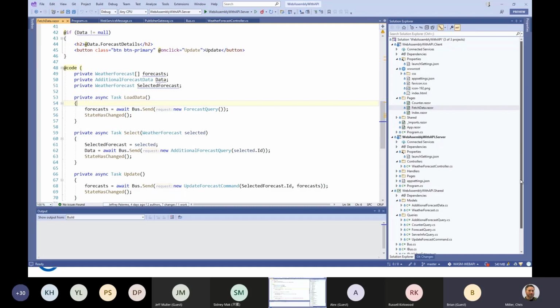Hey, Jeffrey, we have a question. What does StateHasChanged do? Oh, StateHasChanged is a Blazor method that tells the Blazor framework to re-render its markup. Now, if the code is in one of the Blazor lifecycle methods, then at the end of that method, the Blazor framework behind the scenes automatically calls that method for you.